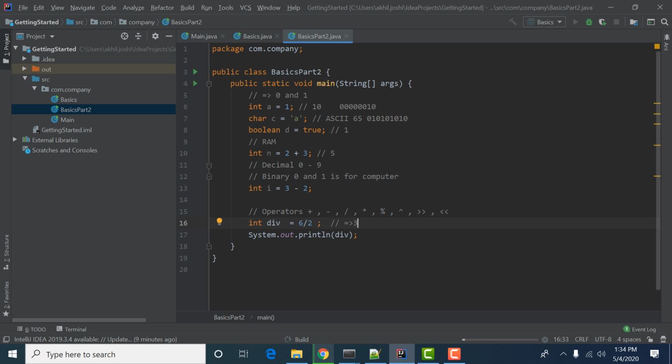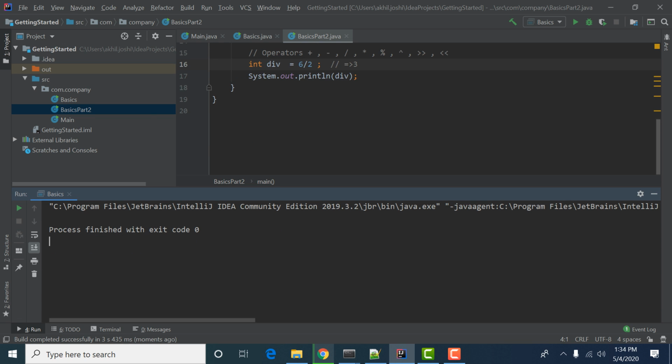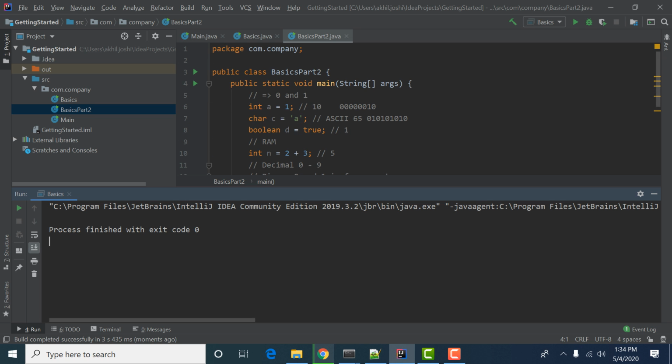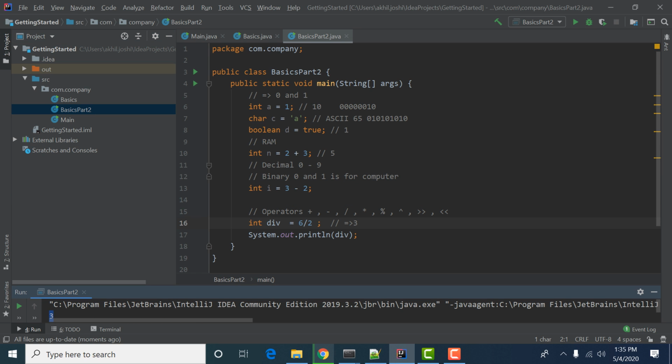So let's see in our console what we get. We get this value. Check this value: if this is part 2, then you are running this file, else it is running the basics one. Okay, so we have 3. This is because of division.